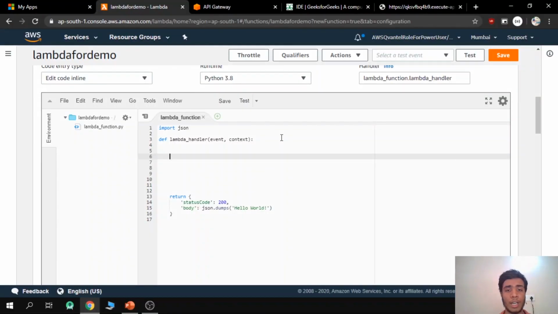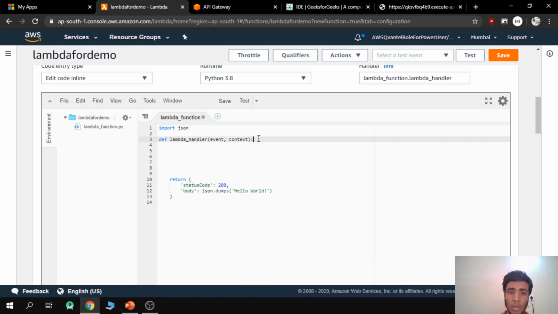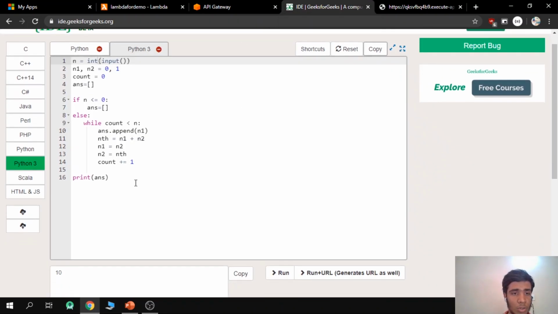So we're going to create an API such that whenever a user sends a number to our API, it's going to return the Fibonacci series of that many numbers. So you got it? Like if a user says 3, then our API should respond with the result of the first 3 numbers of the Fibonacci series. So this is what you can do. I've already written the code for this Fibonacci. Let me just walk you through it.